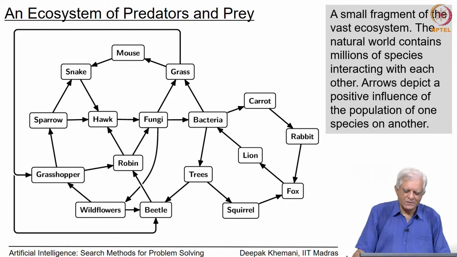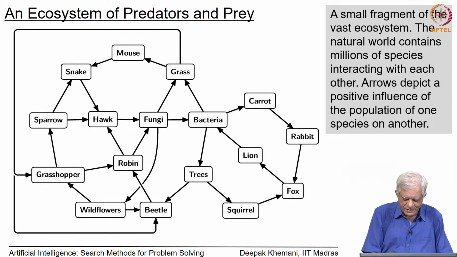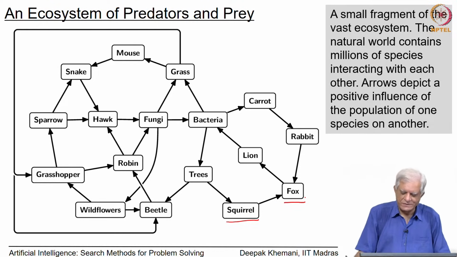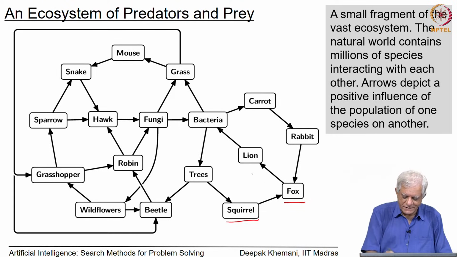Such a diagram is often called an influence diagram, and we can see that, for example, the population of squirrels directly influences the population of foxes, assuming that foxes eat squirrels, and the population of foxes in turn